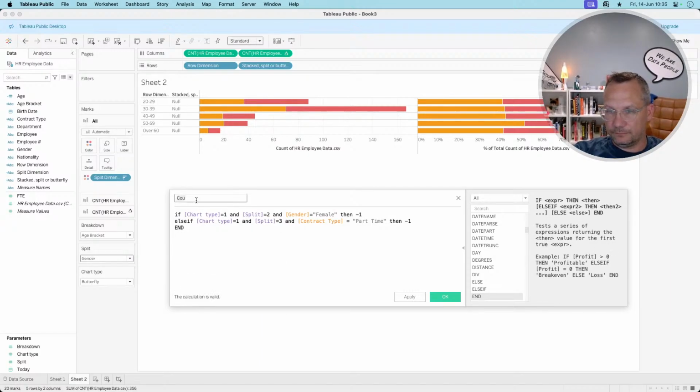End. And this will be the, and I actually want it to be this. I want it to be positive, but I'm only isolating those. So this is going to be,